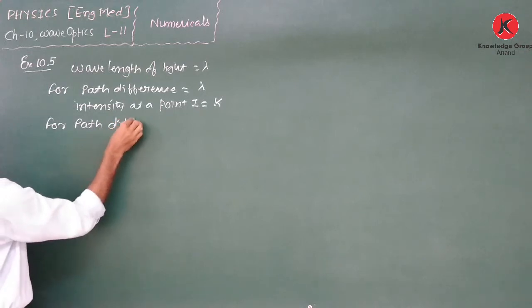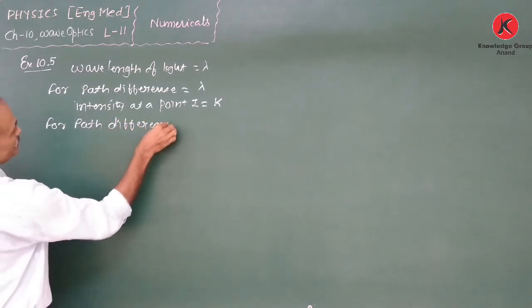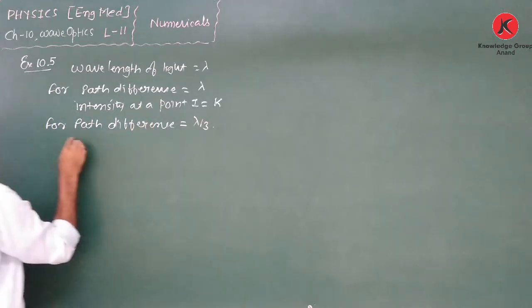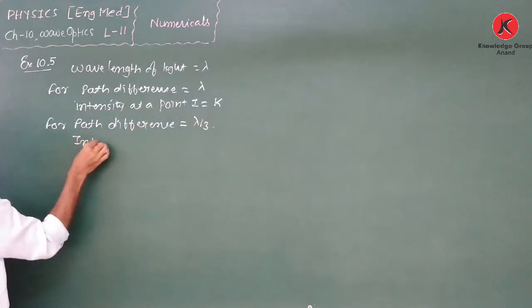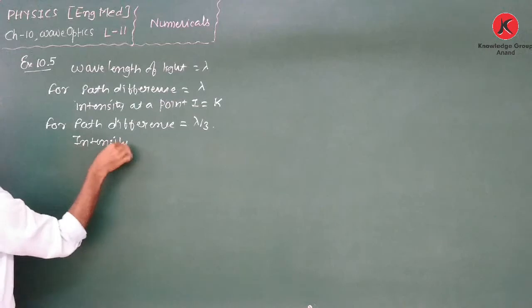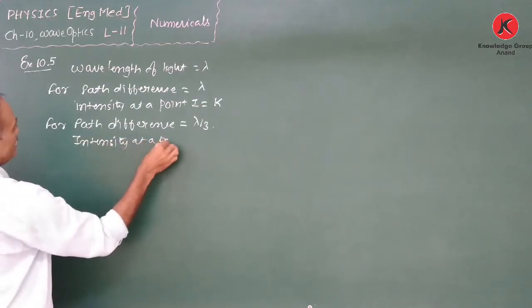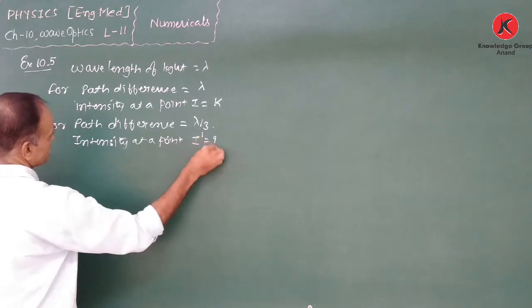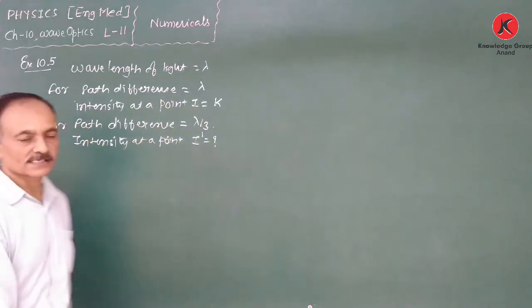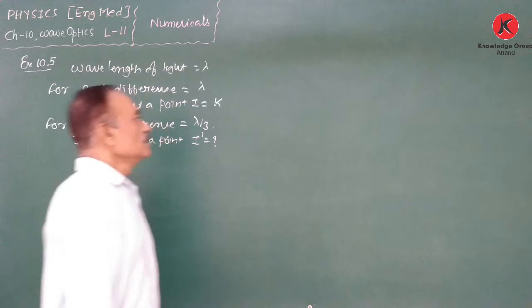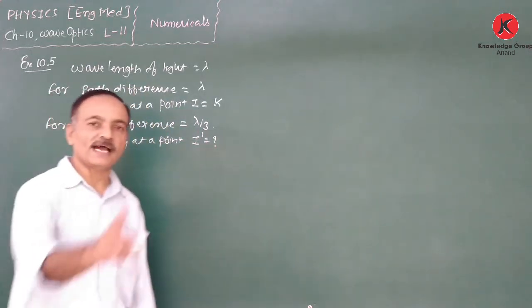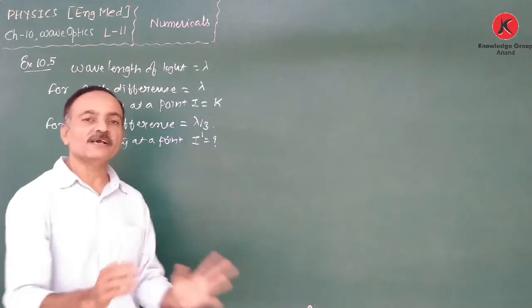For path difference equal to lambda by 3, what is the intensity at that point? That means we have to find out the intensity. Clear the same? Okay. For that purpose, the intensity of light at a point where the interference pattern is